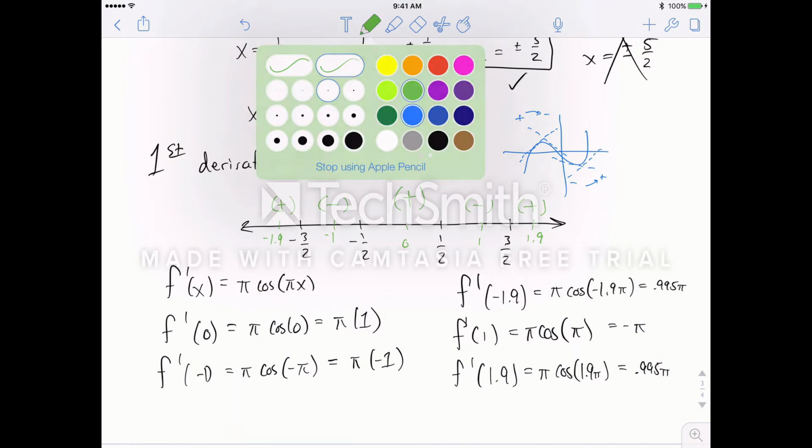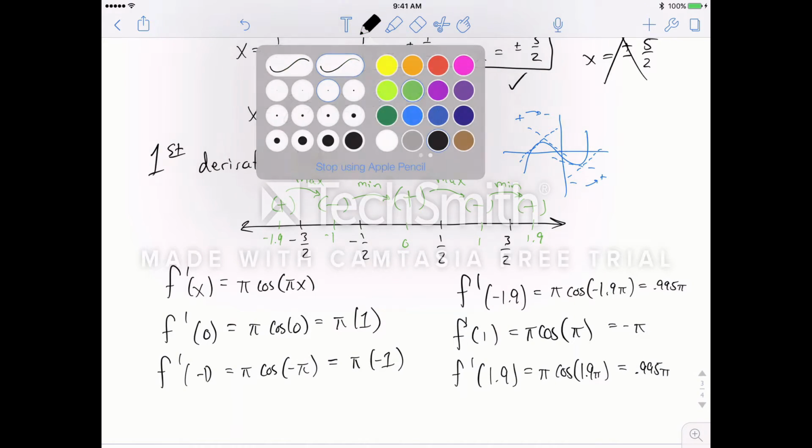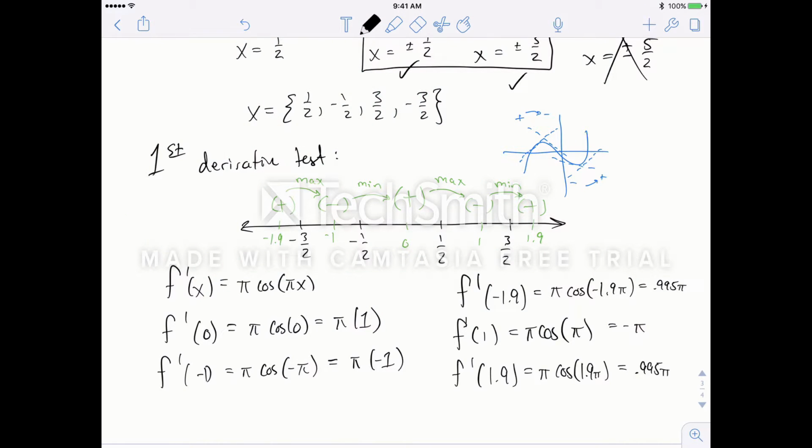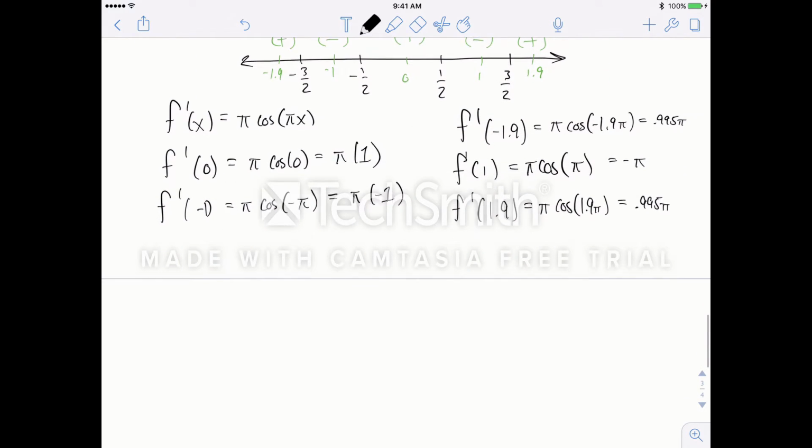So let's see what we have. We go from positive to negative here, so we should have a local max. We go from negative to positive here, so we should have a local minimum. Positive to negative, max; negative to positive, minimum. So there's a local maximum at negative 3/2, a local minimum at negative 1/2, a local max at 1/2, and a minimum at 3/2. But there's another way we could have gone about this, which is to use the second